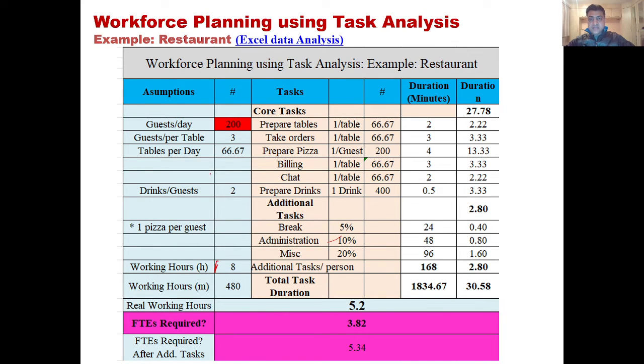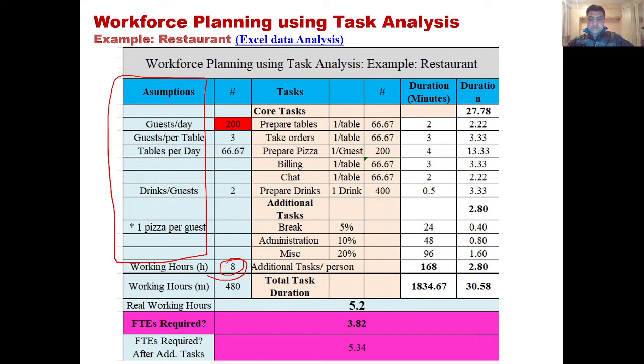which you are actually expecting, let's say, 200 customers. So how many people should be hired in order to deal with these 200, 500 or whatever number of customers that you're expecting? So let's first understand a few things. You need to understand the assumptions, that what are the assumptions of your business. We'll talk about them. The number of working hours per shift, which means, let's say, people will be working for